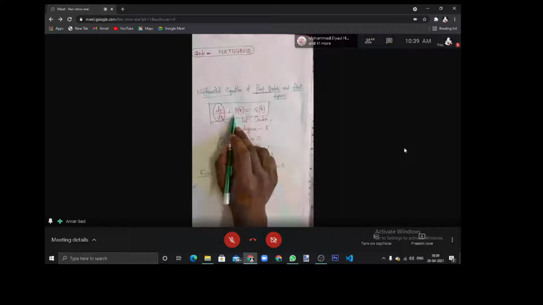All of you know also the formation of differential equations and how to solve them. There are some types of differential equations of first order and first degree. All of you also know how to form a differential equation. And next, we read what is the exact differential equation. When is a differential equation said to be exact?